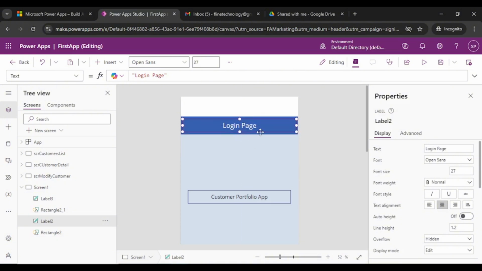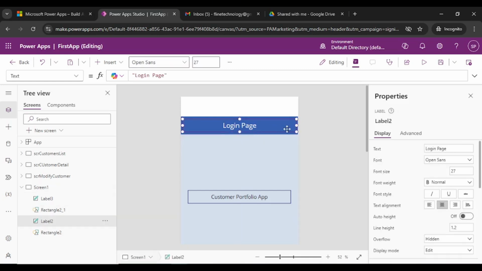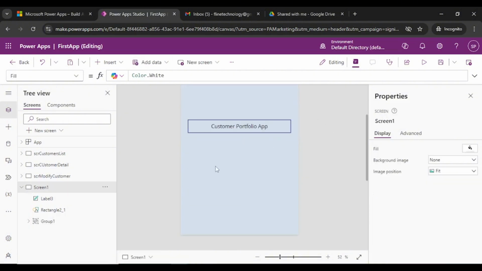So I could select, hold Control down, select the text. Well, we don't need this guy to be this long anyways. So kind of centralized, then hold Control key down, select rectangle and group. So they move together, and